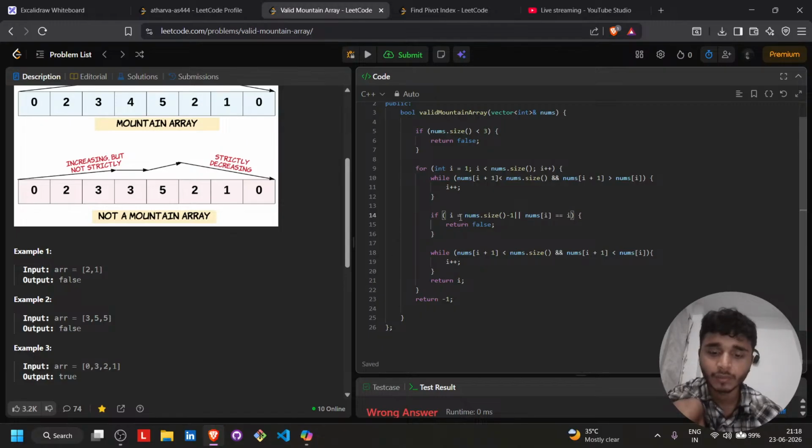If I is equal to this, because we are returning false, not true. And to that, if I is 0, after this,